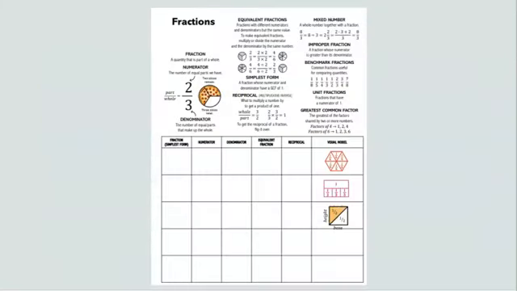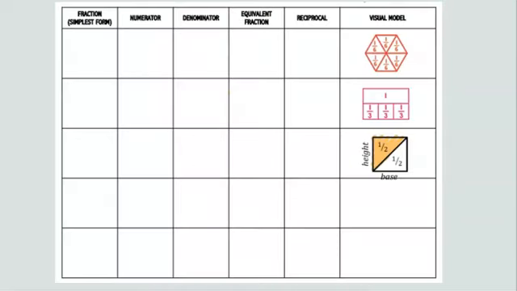Find this page in your packet. It should be the second page. We're going to look at the different parts of a fraction and finding equivalent fractions. So the first problem, they give us the visual model. From the visual model, we can see that this fraction